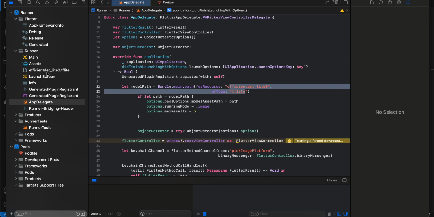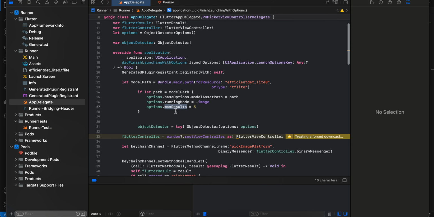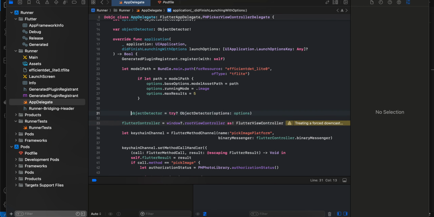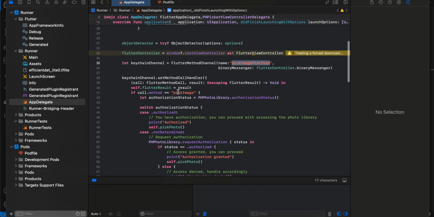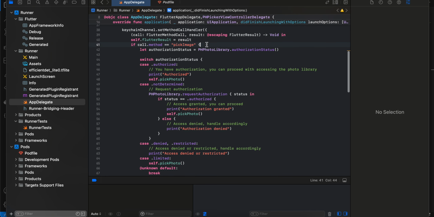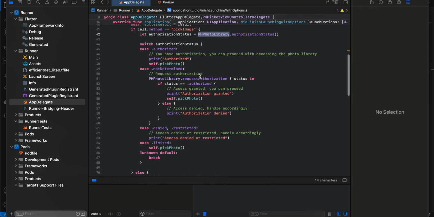Again, the name should be the same as whatever you have defined over here, and if it is present, then I am setting the model asset path, running mode to image, and max results to 5. And here I am initializing our object detector as well, and here I am creating our Flutter controller as well. Then I am calling the pick image platform, and here I am calling the pick image method, and if the photos permission is granted, then I am just calling PHPhotoLibrary authorization status,